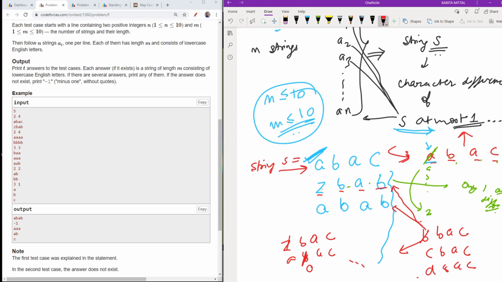I will modify it to A, then B, C, D, and I will check this string with the next strings, which is 2, 3, 4, 5, up to n strings.